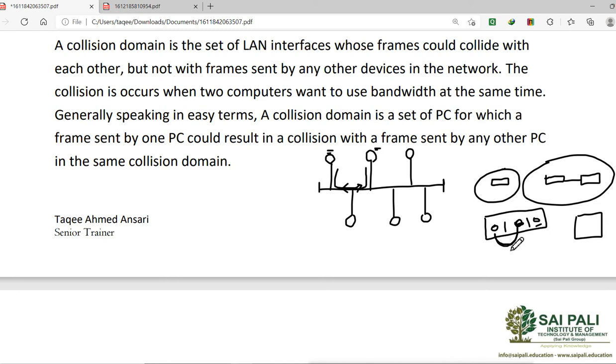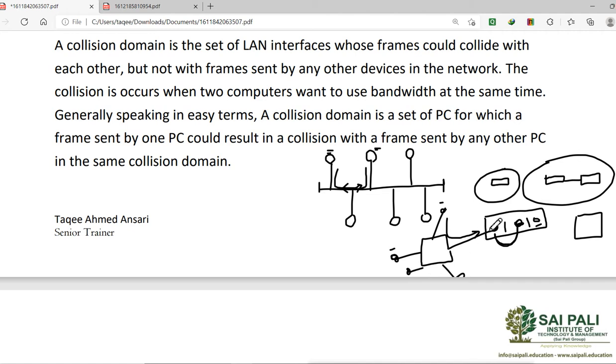But if we connect a hub to one of these switch ports, suppose I connected the hub on this one port here, and now the hub will do what? It will do the broadcast, and suppose the hub is connected with multiple devices here, and if these 2 devices do the collision here, they will also try to affect the other devices on the switch.